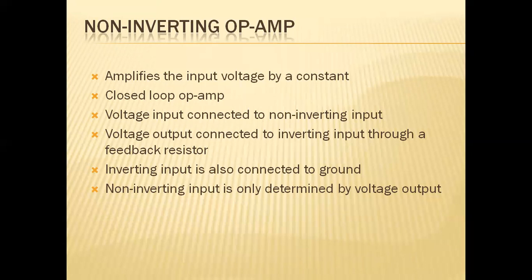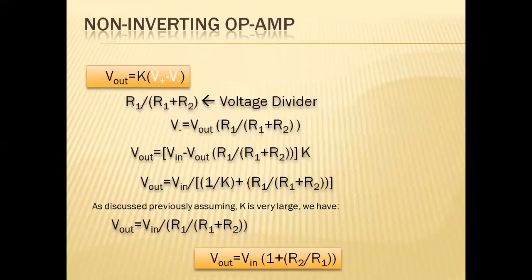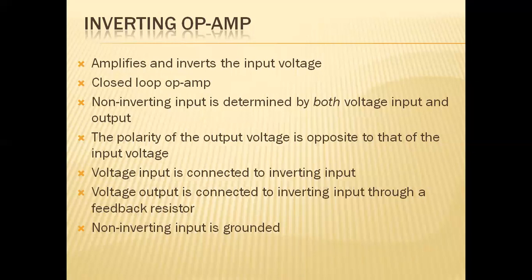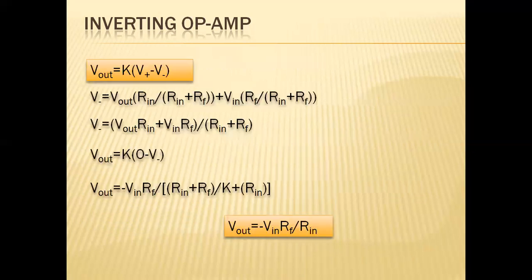The non-inverting amplifier is connected to the positive input terminal, and the output voltage leads to the input voltage times 1 plus R2 by R1, as you discussed in detail in the previous class. Moving on to the inverting amplifier, which will be connected to a negative terminal,